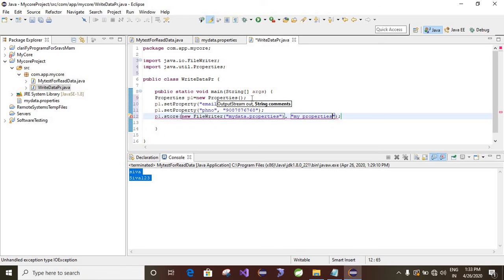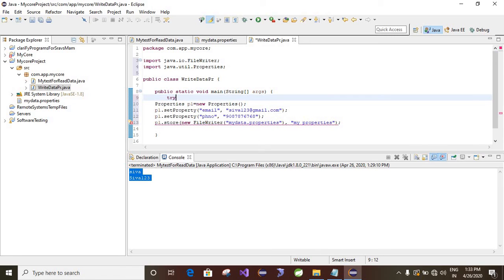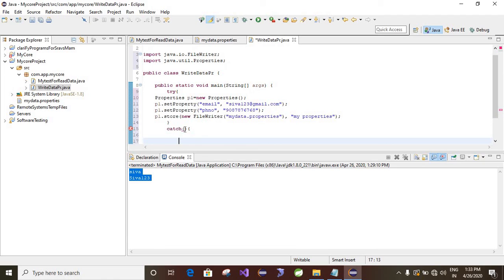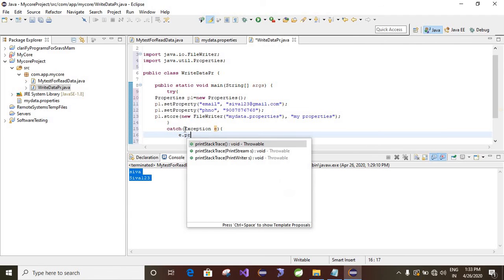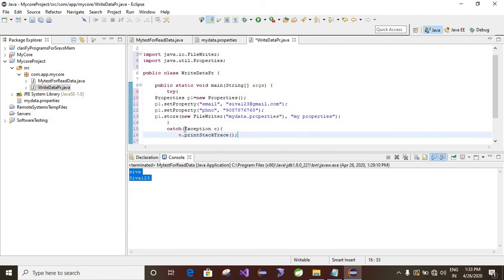So when the file is created you can use try catch or close. Try catch block, catch, use it for what? Handling the exception, right? Catch the exception. e dot printStackTrace.